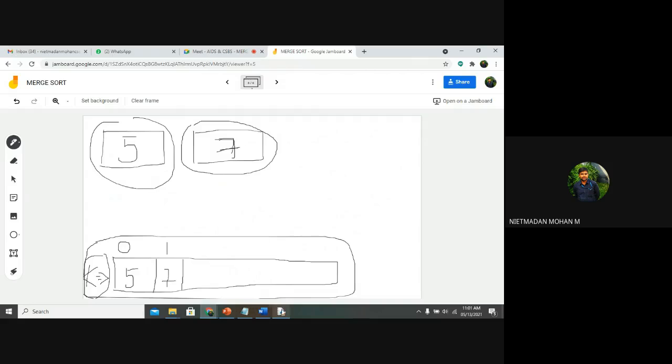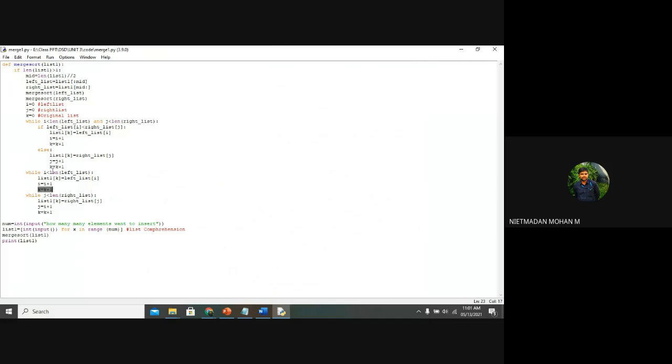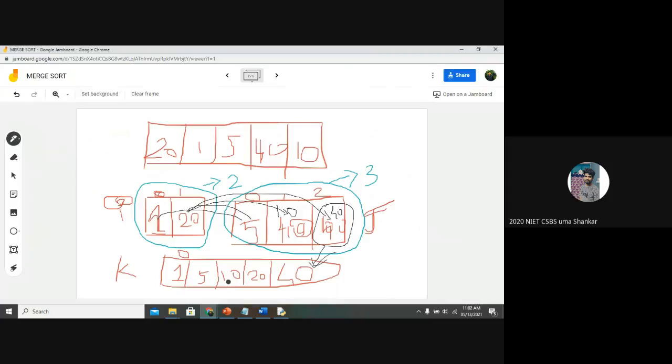So that's why I am using k equals k plus 1 in the else part as well as the if part. If the left list is lesser, i is incremented by 1 and k is also incremented by 1. If the right list is lesser, j is incremented by 1 and k is incremented by 1. The only main thing is... 1 minute, Uma, 1 minute.